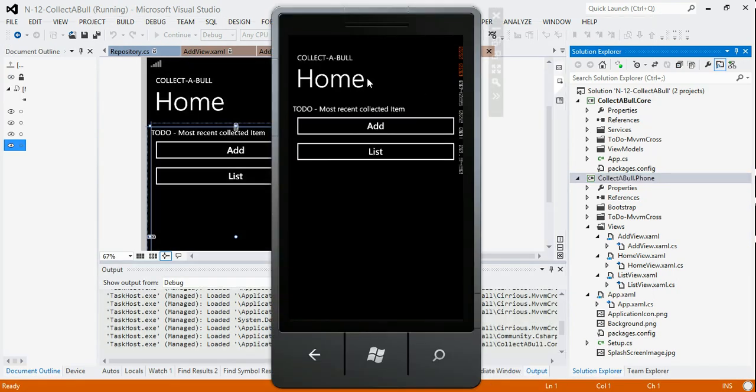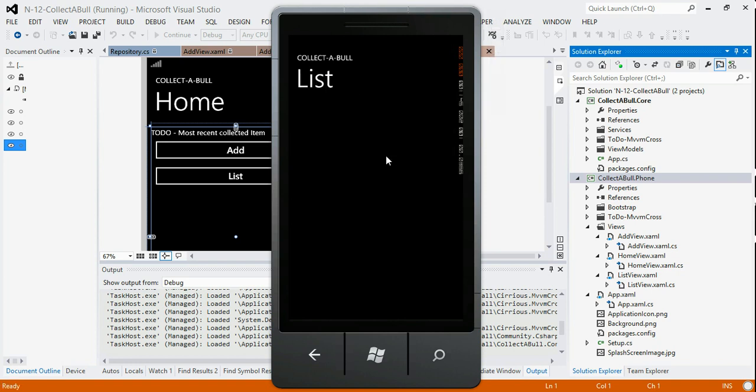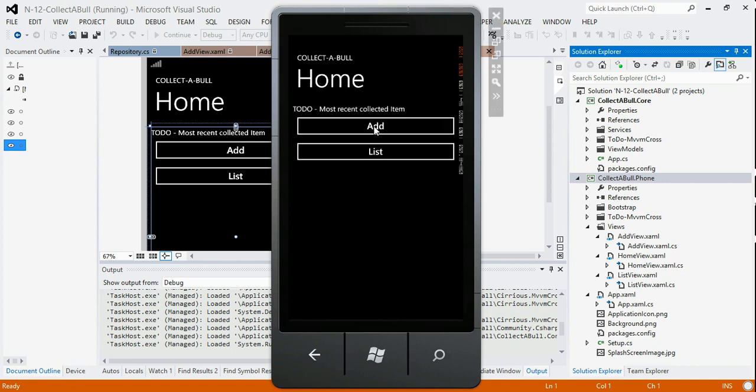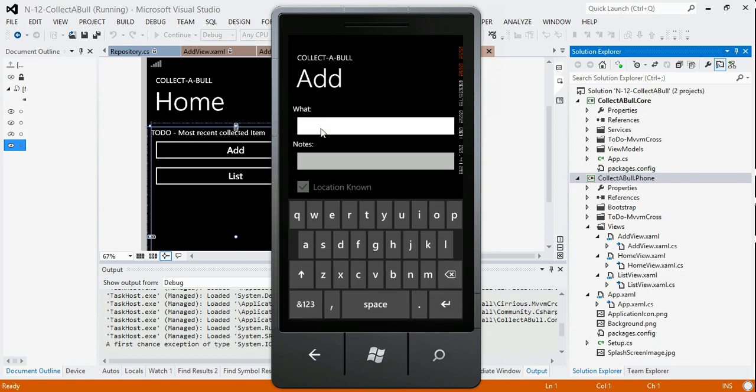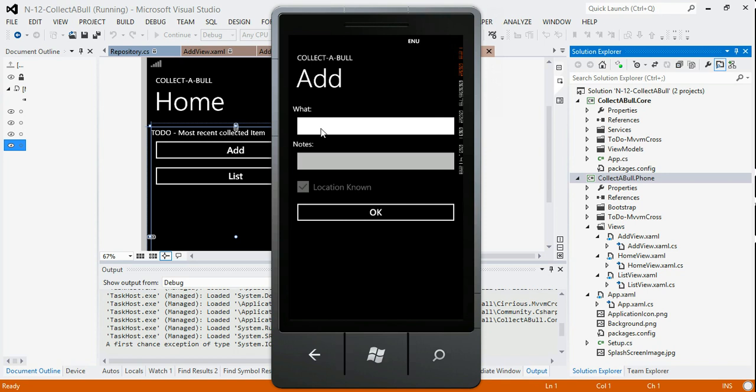That gives us, you can see we've got a to-do for our most recent. If we first of all go to list, then you'll see it's very empty because there's nothing in our database. If we go to add, then if we hit OK, nothing happens, and that's because we've got a little bit of validation. But if we first go to what, and then I'm just using the hardware keyboard here just for speed, and we go, you know, I saw a mouse,